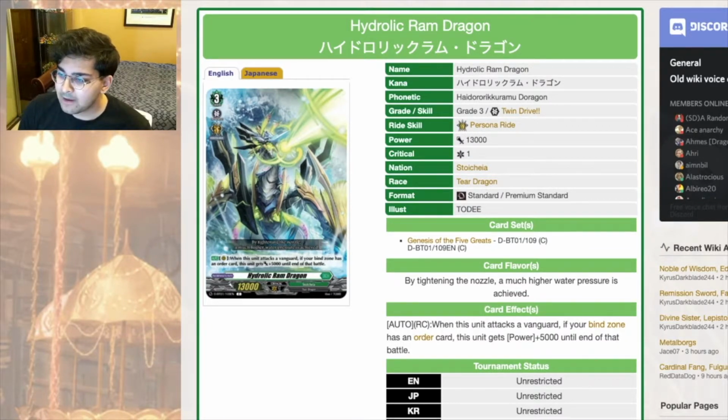Hydraulic Ram Dragon. Auto on rear, when this attacks a Vanguard, if your bind zone has an order card, this gets plus 5k until the end of that battle. So this is, again, specifically Zorga support. This is quite nice. It is instantly 18k on its own. If you combine that with a 10k booster, which you should have,